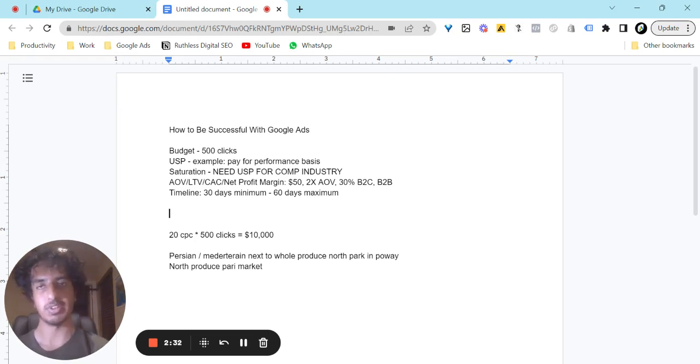Some people think if they spend exactly enough money for 100 clicks, they'll get 2 people. Again, this is not some mathematics formula. This is just a general broad statement. People are people, and it's not necessarily guaranteed that you get a purchase for every 100 clicks. So that being said, you need about 500 clicks to collect sufficient data in order to be able to assess whether Google Ads is working for you or not.